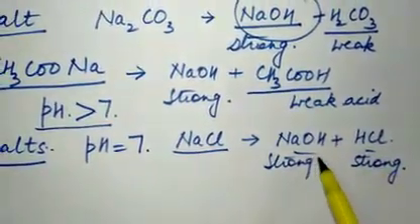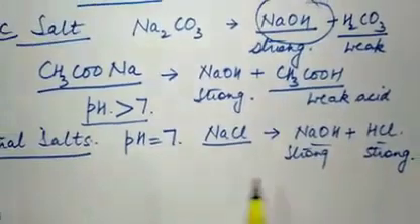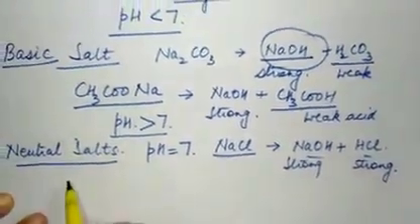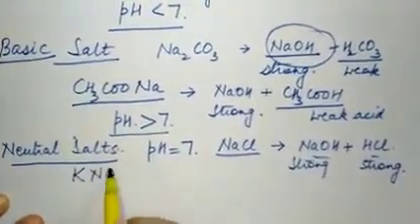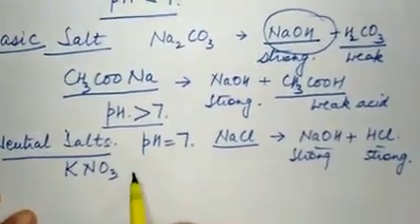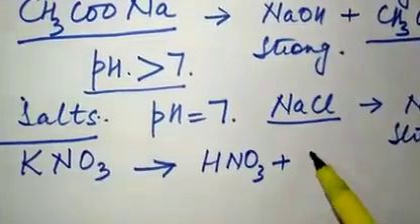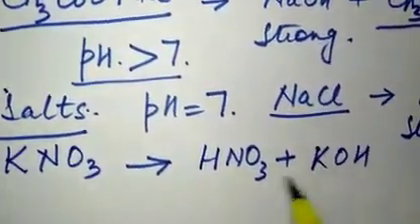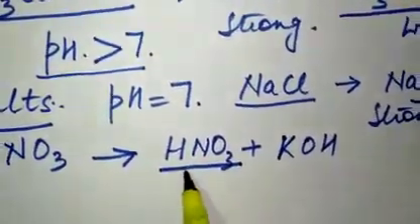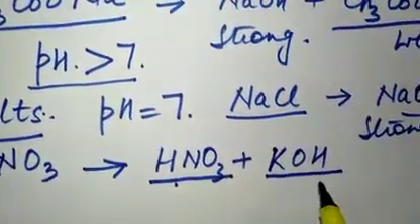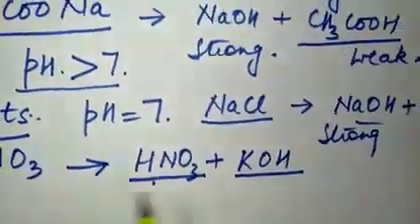So this is neutral salt and the pH is equal to 7. Same is with if I take the example of KNO3, potassium nitrate. Now this potassium nitrate is made up of HNO3 plus KOH. Now this is again, nitric acid is a strong acid, potassium hydroxide is a strong base, so naturally the salt